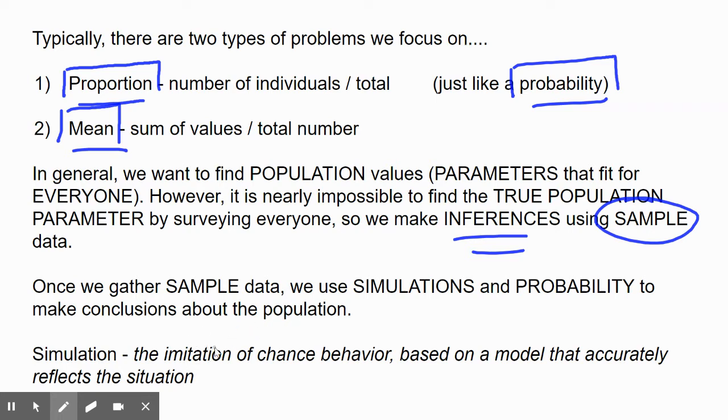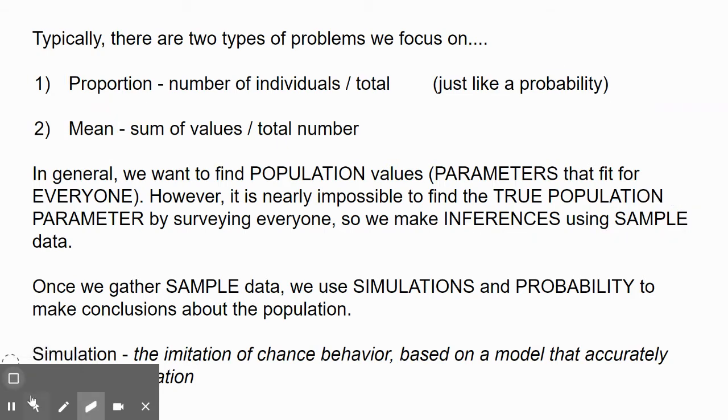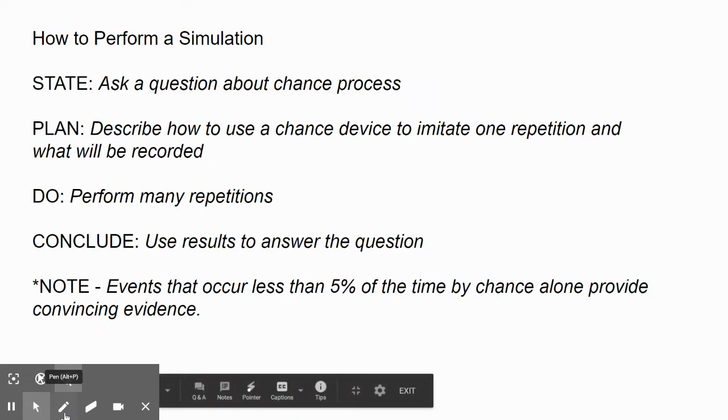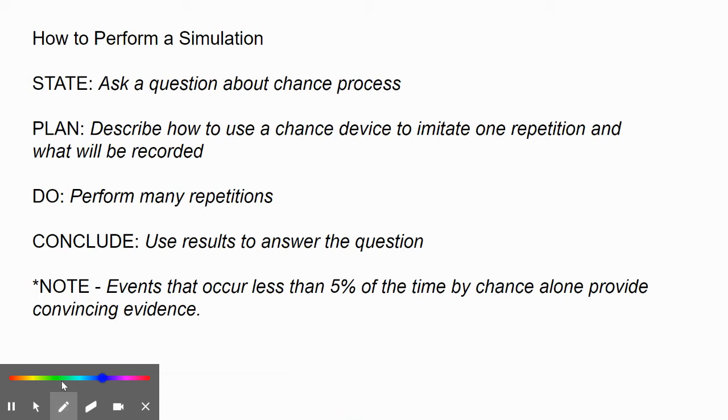And these simulations are imitations of chance behavior based on the model that accurately reflects the situation. So we get a sample, we use the given value to do some simulations, and then we use probability to make our conclusions. That's the process. Okay, so here's the statistical process broken down a little bit more. So first you state your question, right, about your chance process. Then you describe how you're going to imitate this chance process, right? How are you going to simulate this? Then you do many repetitions,